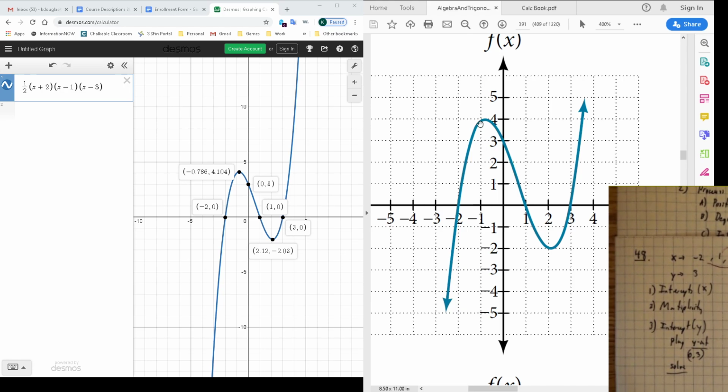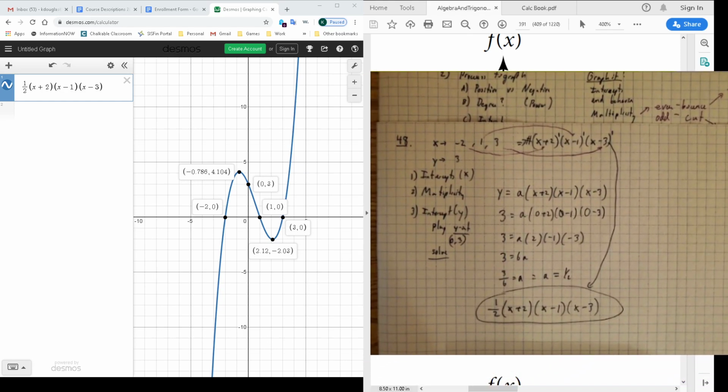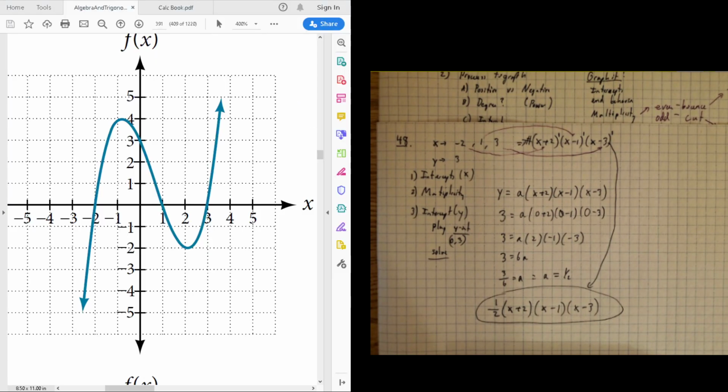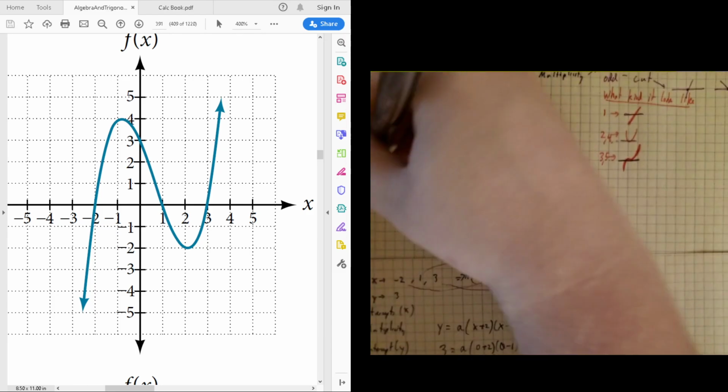And that's kind of the point. Our goal is to be able to take the information we are given, which was this original graph, remember, and graph it in such a way that we're actually able to find what the equation should look like, which is impressive. Notice the process by which we did this. So if we're going in reverse,